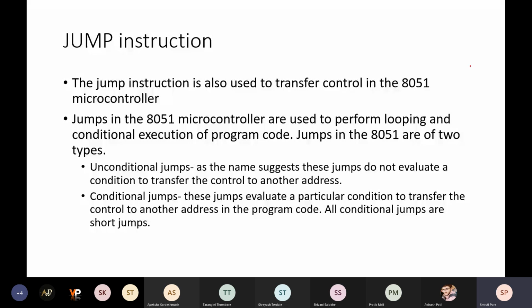Okay, now again we will come back to the jump instruction. So I will give you some details about how the jump instruction works. Jump instruction is also used to transfer the control in the 8051 microcontroller.